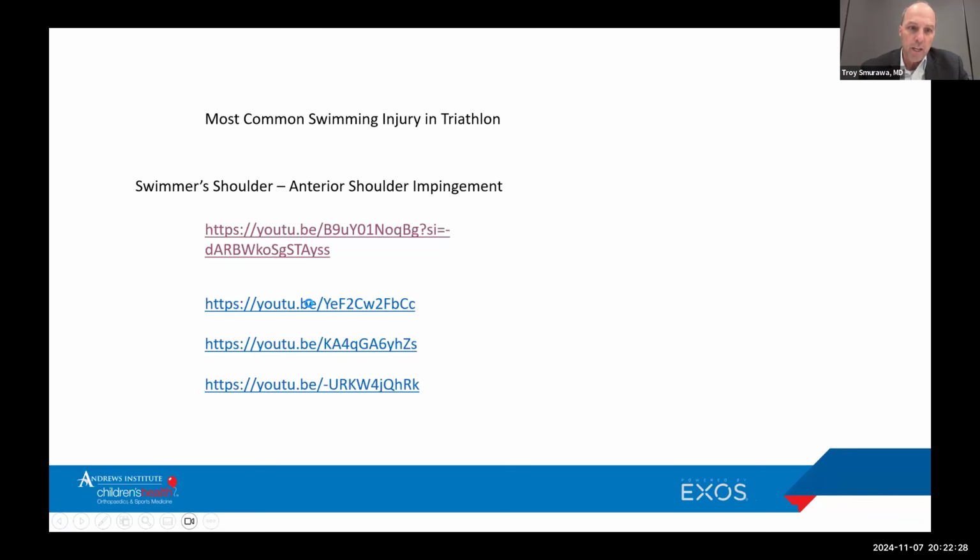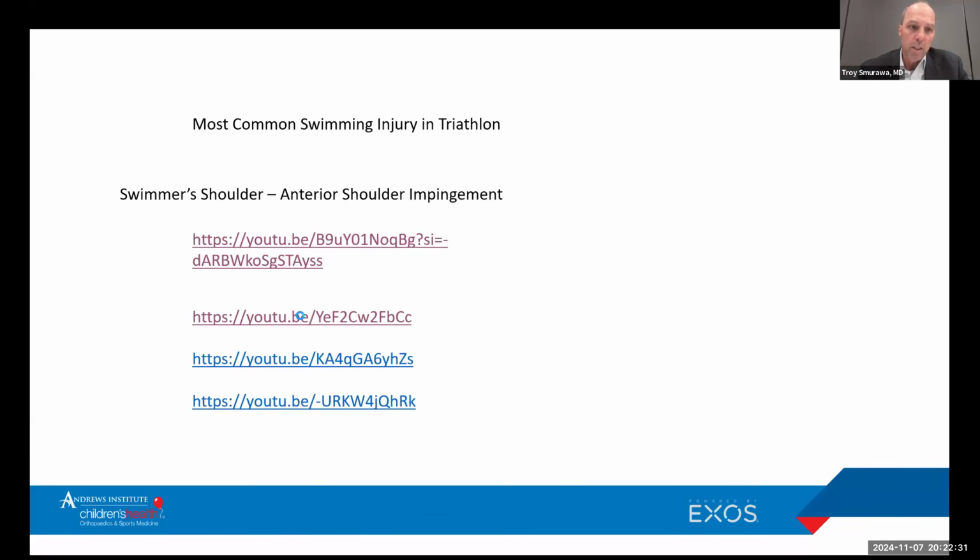The other strengthening exercises, one we talked about is the external rotation with the band. You're just basically with bands, externally rotating your shoulder out, and you're strengthening those shoulder muscles that are very helpful in having a powerful swim stroke. The other drill is seated rows. You can use a machine or you can use a TheraBand, a TheraTube. You're really focusing on stabilizing the scapular stabilizers and strengthening those muscles.